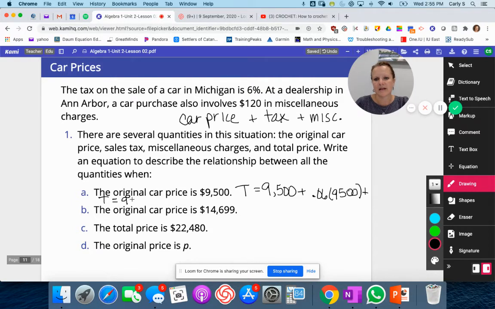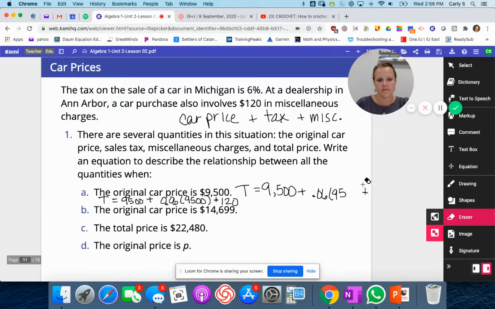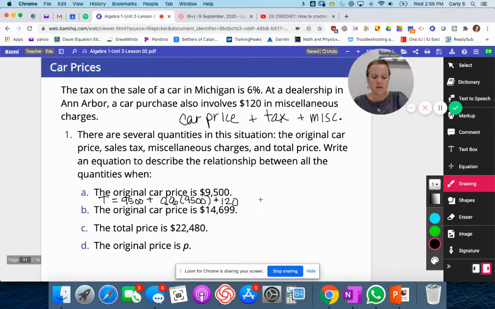Total price, $9,500 plus the sales tax on the $9,500, which we have to multiply the tax times the $9,500, plus the miscellaneous cost. I'm erasing. There we go. Okay, so that equation describes the relationship between all the quantities when the original car